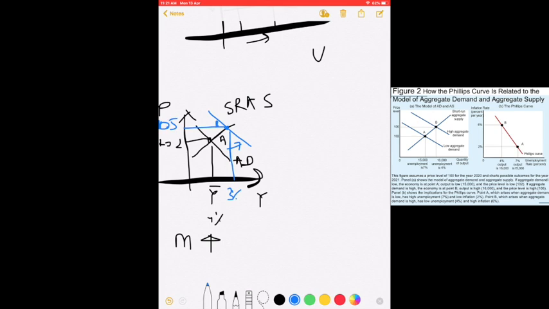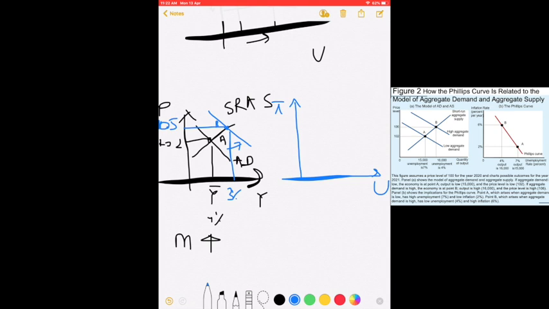So now, coming to the Phillips curve. We said the Phillips curve was basically the relationship between inflation, persistent increase in price levels, and unemployment. So what we want to do here is plot these combinations of unemployment and inflation on